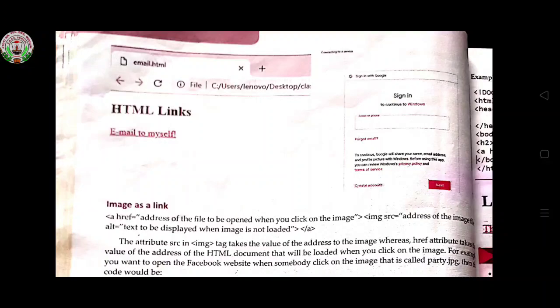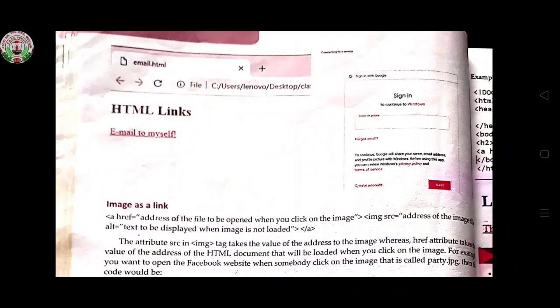Then for the image tag, we know that img src is the source, so we will write the image address. You will write opening tag img src equals to, inside inverted commas, the address of the image file. Alt equals to, inside inverted commas, the text to be displayed when the image is not loaded. Close, then close the a tag.